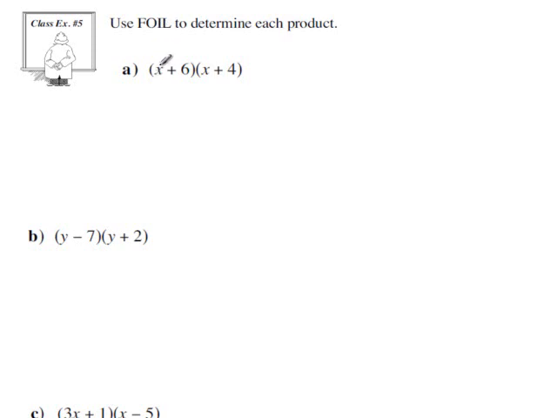Okay, this FOIL is the idea of you multiply the first terms in each bracket together, then the outside terms in each bracket, then the inside terms in each bracket, then the last terms in each bracket. So if you look and you compare it with what you do in distributive property, multiply each term in the first bracket needs to be multiplied by each term in the second bracket, it is exactly the same thing. So don't worry too much about memorizing what FOIL is. If you use distributive property, you're already doing FOIL. That said, however,